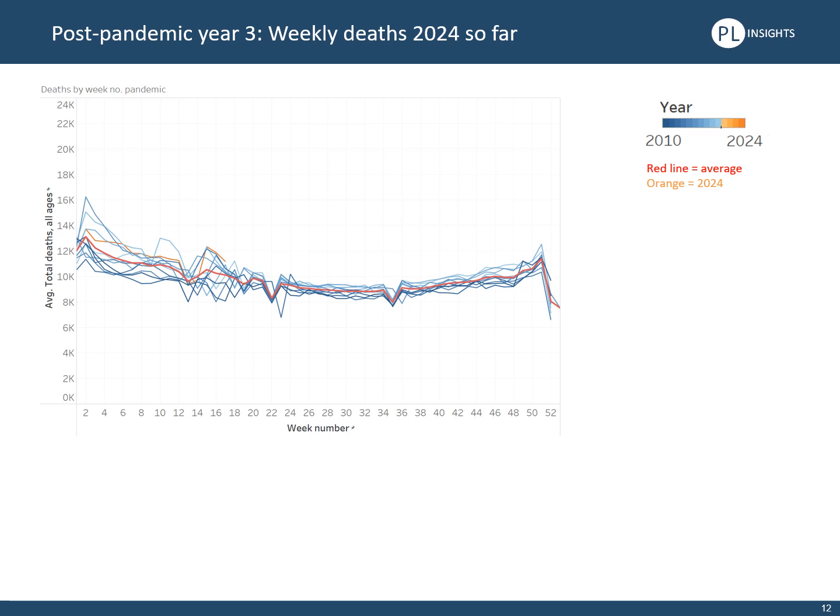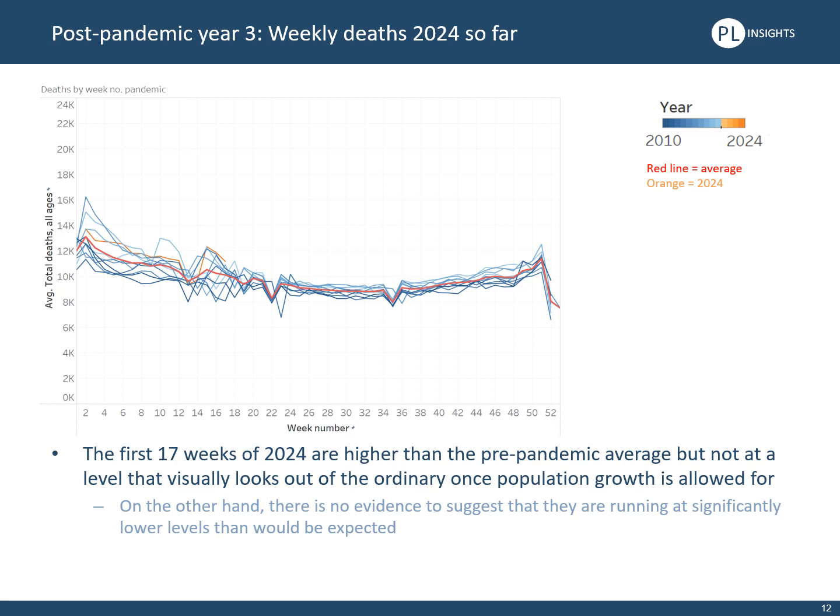Moving on to post-pandemic year 3, weekly deaths in 2024 so far. We've only got 17 weeks' worth of data, taking us up to the 26th of April. My view is that we're pretty much in the mix here, starting to maybe be a little concerned in the last few weeks that we've got the highest ever number of deaths compared to the pre-pandemic period there. But given the overall variability, I'd say there's nothing out of the ordinary. Certainly nothing to suggest that excess deaths or the number of registered deaths are lower than we would expect, but I don't think we would say they're significantly high either,